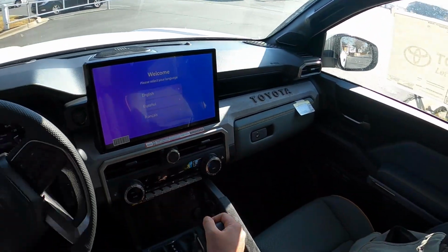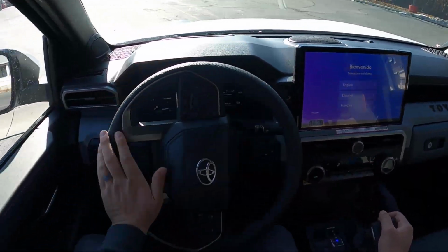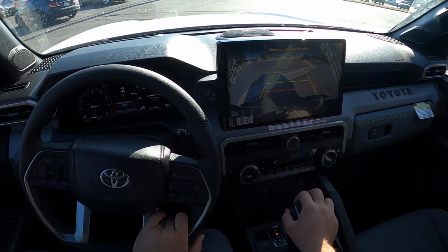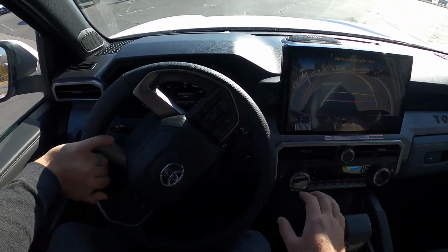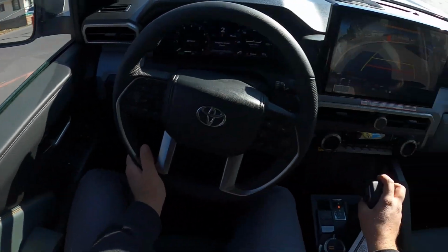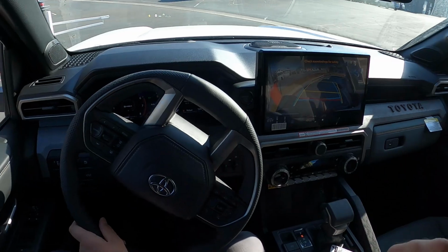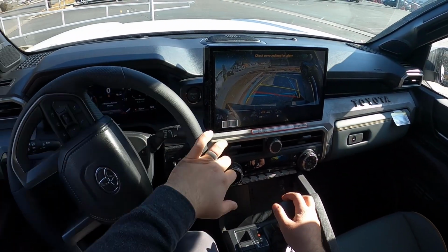I don't really have anything negative to say about the Trailhunter. Obviously people gripe about the price. It is expensive, but you look at how much it costs to modify Toyotas. It's not cheap. Toyotas are actually pretty expensive. That's what I've discovered, and that's why, if you guys follow the channel, I've been doing a little build on my Land Cruiser, and the reason why I've done such a stock plus build is because of how expensive it is to modify these vehicles. I basically just took my factory roof basket, used that for the spare tire. I am doing some mods like an auxiliary fuel tank, and I'm adding some rock rails, but other than that,